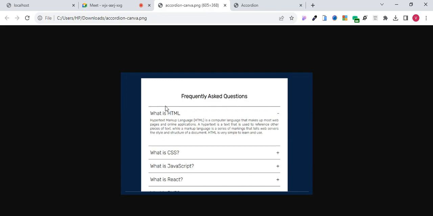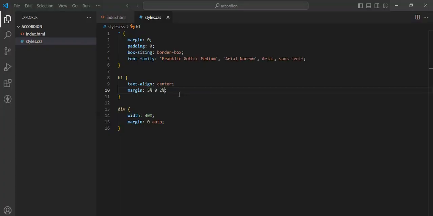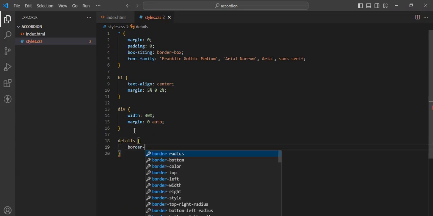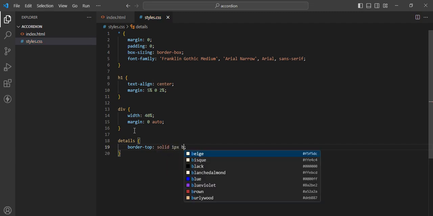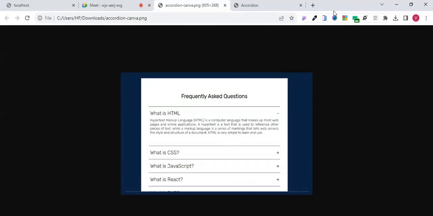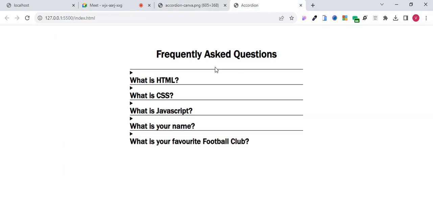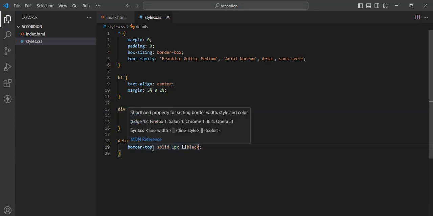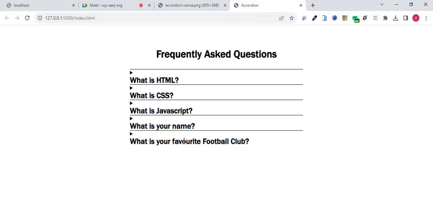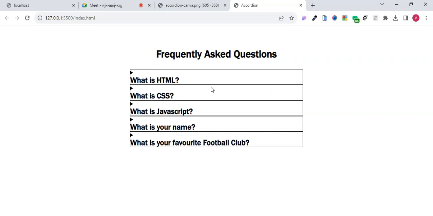So this guy, the details stack, has a border of top only. So I'll just go to the styling. I'll say the details, I want you to have a border top of solid 1px and black, right? Then if you check the site, you see that now normally if I had said just border, just so you understand what's happening here, if I had said just border,